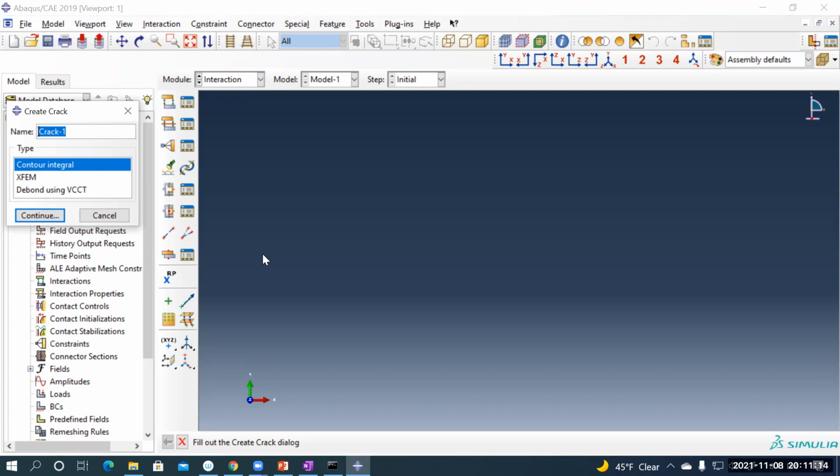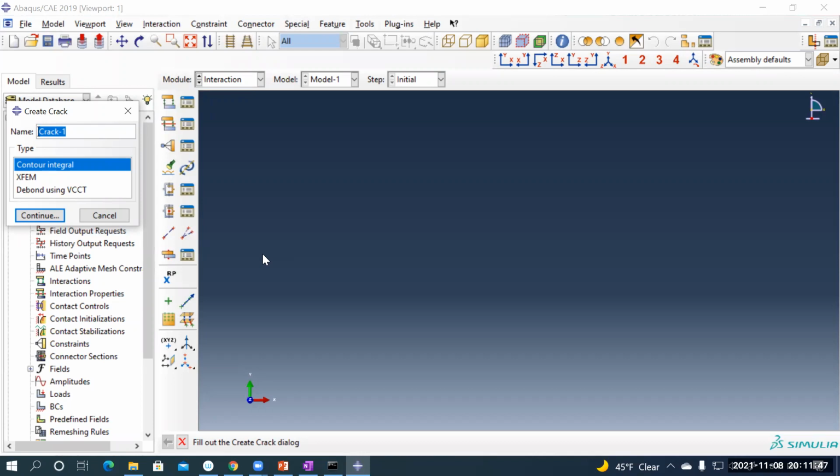The contour integral method and debond using VCCT are old methods. XFEM is very recent, from within the last 10 years, and has only recently been introduced in Abaqus. The reason we are studying XFEM versus the other 2 methods is that in the other 2 methods,